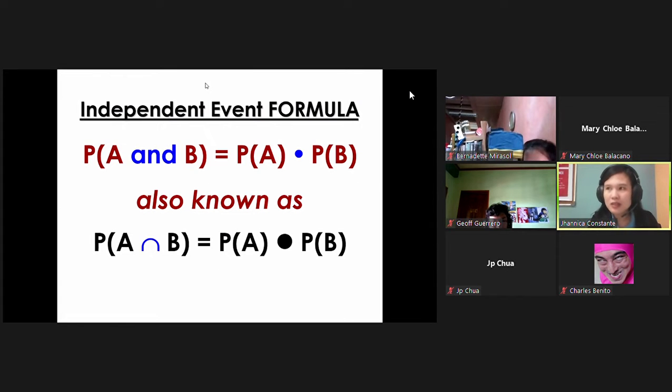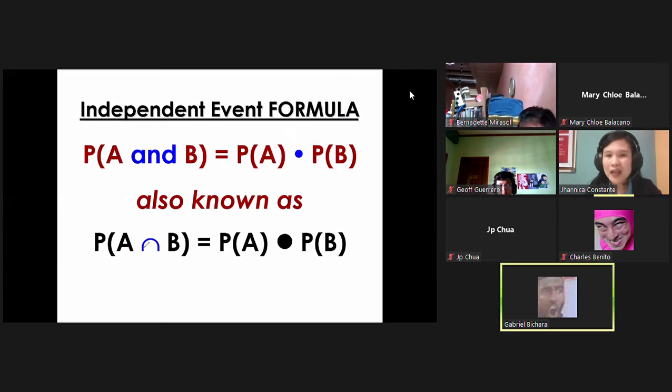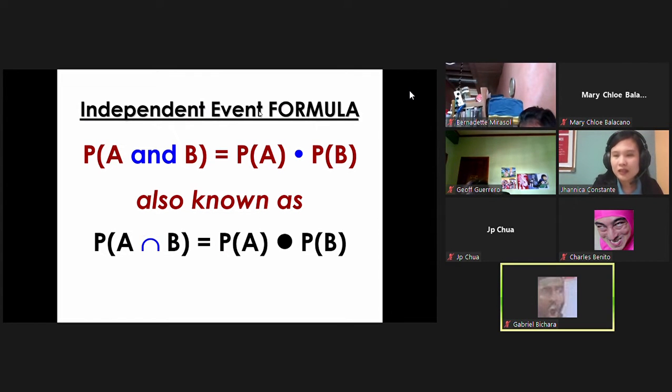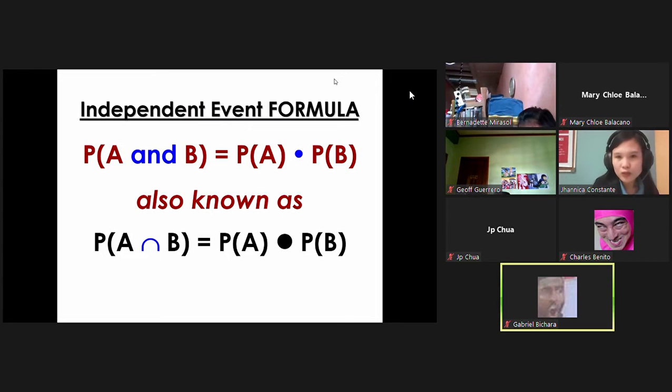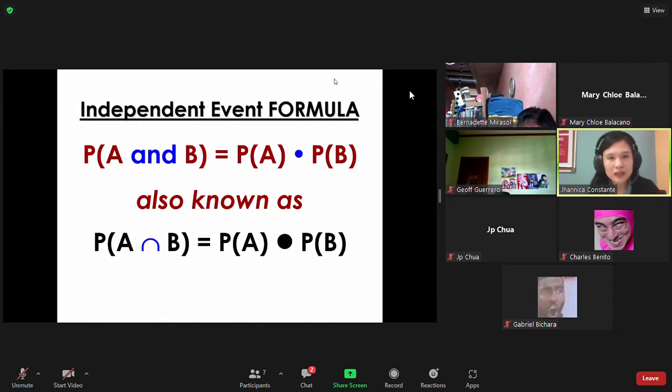Or we use this symbol, the symbol for intersection, if you have discussed Venn diagrams or sets and subsets in grade 7. So you're just going to find the product of the two events presented in the situation. For example,